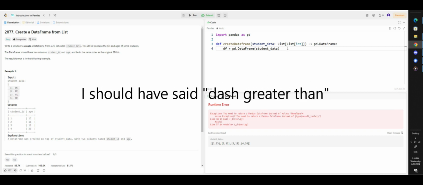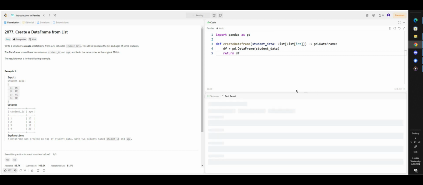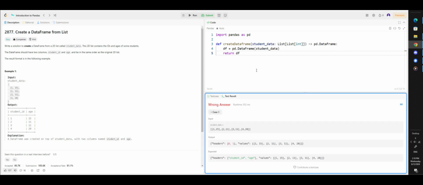So that must mean in Python world that it's expecting you to return a data frame. So I just guess and I say, well, maybe I'll just use the word return, and that seems to do the trick. So it says, hey, you ran successfully. That's pretty good. I wrote code that worked, but it didn't have the student ID and age column headers